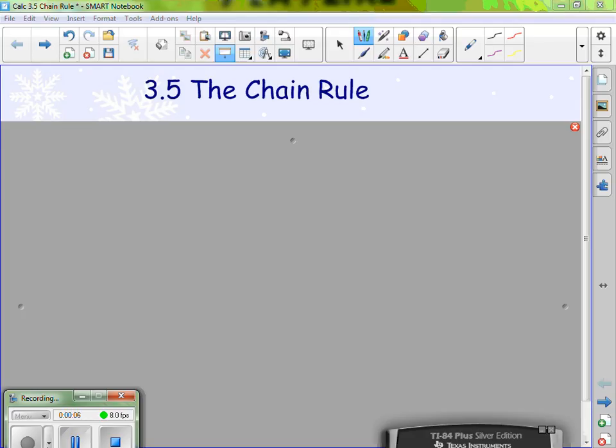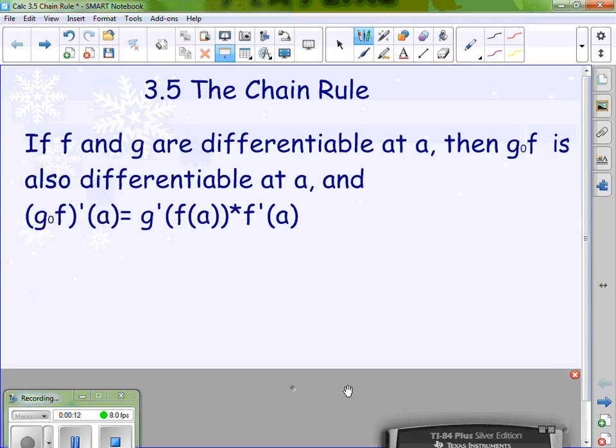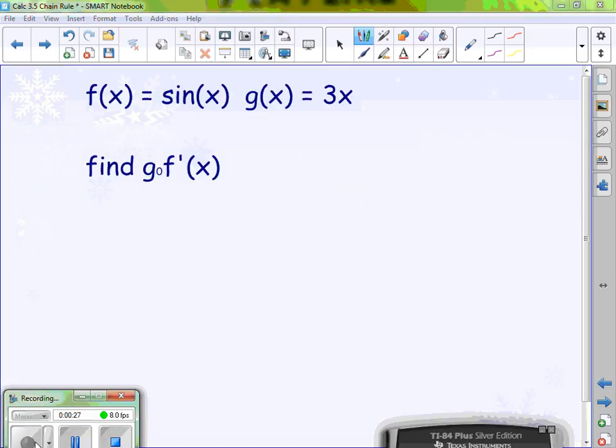3.5, the chain rule. If f and g are differentiable at a, then g of f is also differentiable at a. And (g of f) prime of a is equal to g prime of f of a times f prime of a. All right, for f of x equals sine of x and g of x equals 3x, to find (g of f) prime,